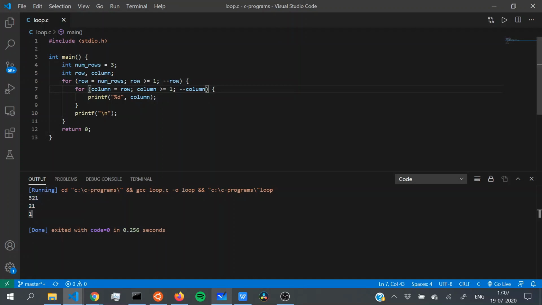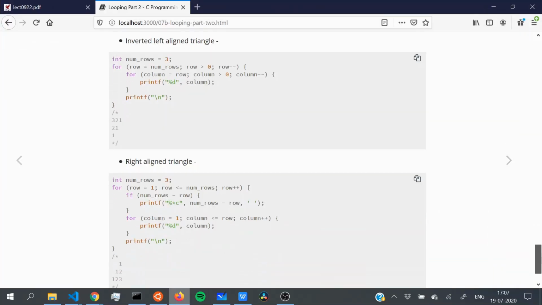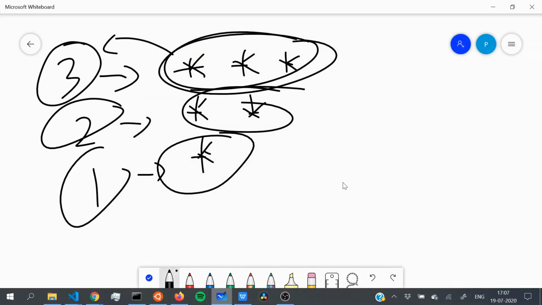So that's it. Let's dive into a more interesting type of pattern, which is the right aligned triangle. So you notice that it's similar to the left aligned. There's only spaces here. So if I draw this out,